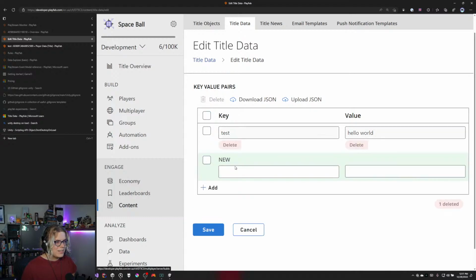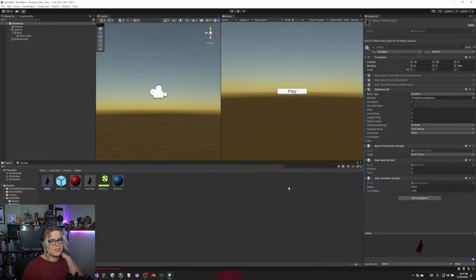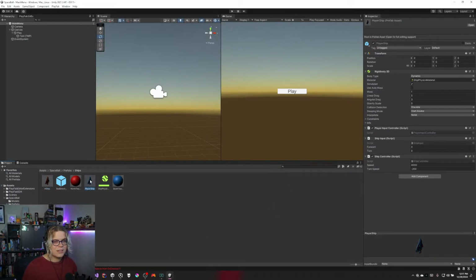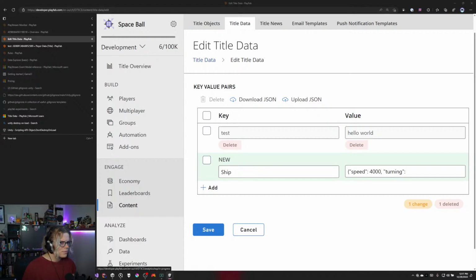So I'm going to delete test. We're going to add our ship characteristics. And this is going to be speed 4,000, turning equal to something. Let's open the correct thing. Negative 200, is that correct on both? So let's just do 200. I'm going to address the reason why that needed to be negative. We'll just fix that. And then